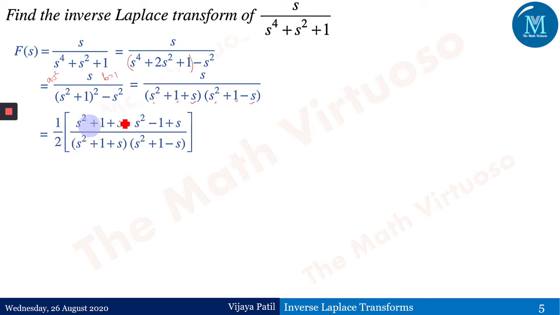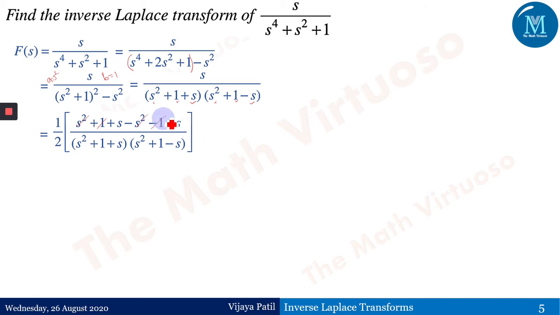So in the in-between step, what we have done, we have taken up the first term, that is s square plus 1 plus s, and we have subtracted the second one. Why have we subtracted? Because I don't want this s square plus 1. So that will go with minus s square minus 1, and this s which is my requirement will be plus s. And therefore s square minus s square and plus 1 minus 1 will go off. I'll remain here with 2 times s.